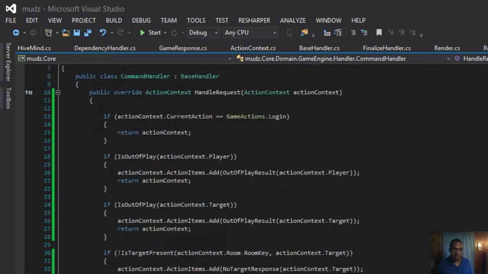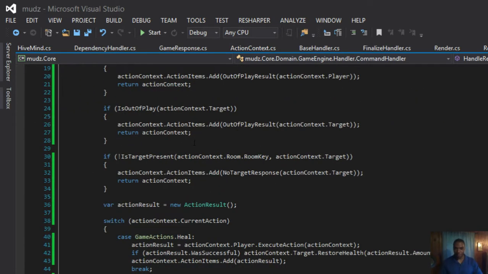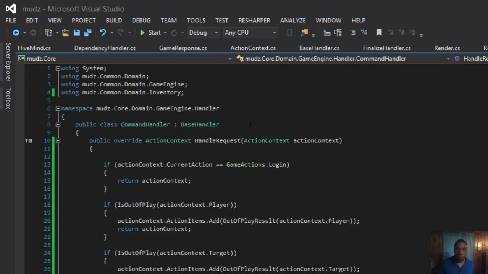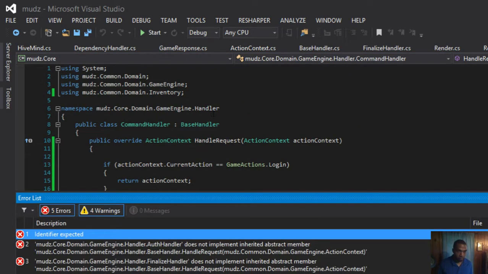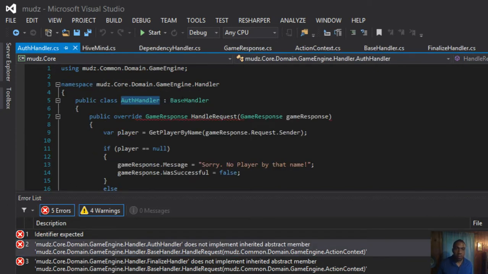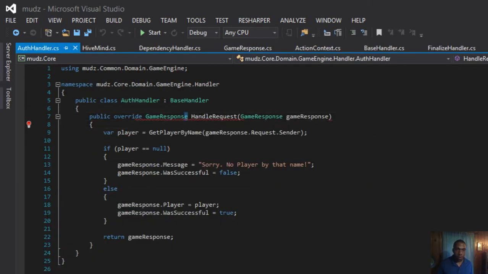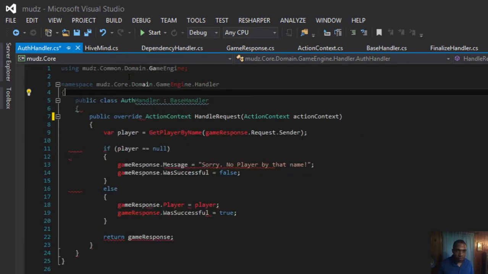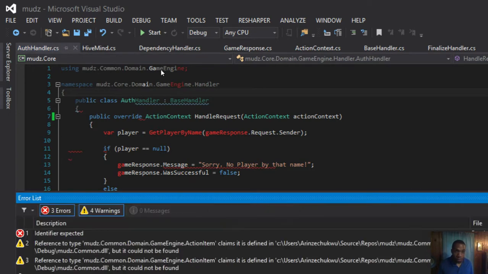All right, so that all looks good. Well, for this pass. We're definitely going to spend a lot more time here, breaking all this out into appropriate places. Okay, 5 errors. Cool. So now we're in the auth handler. Whoa, look at this. That all went weird.